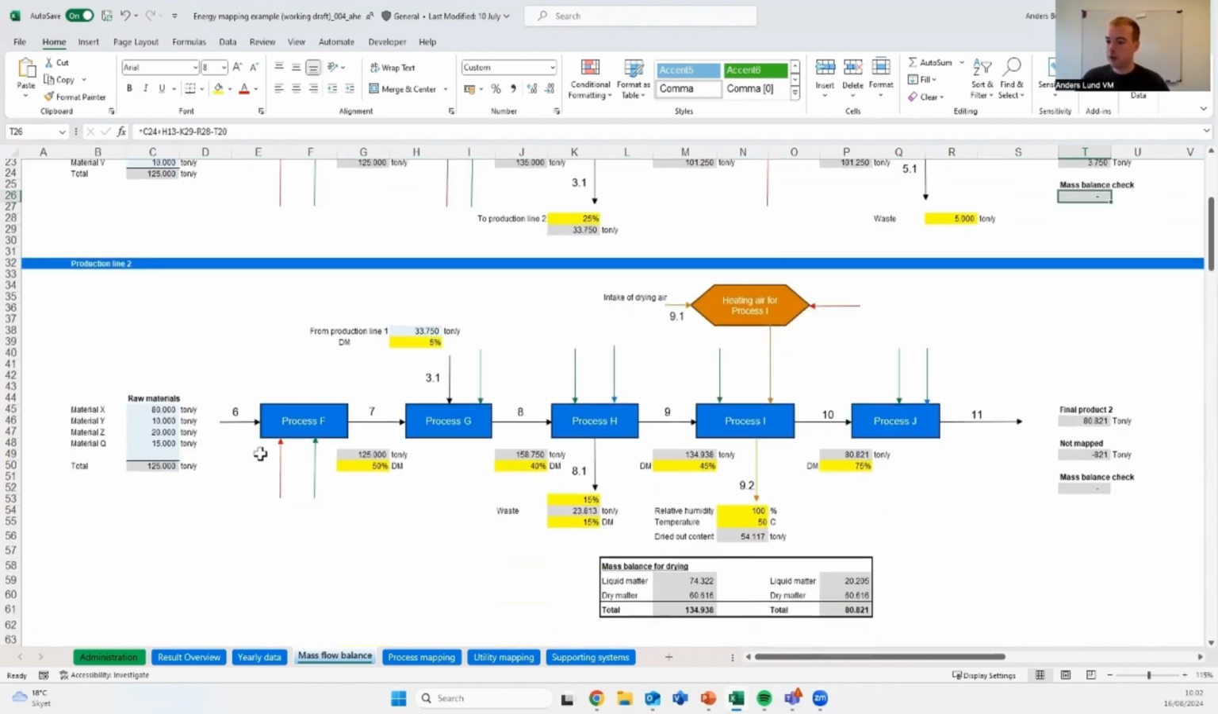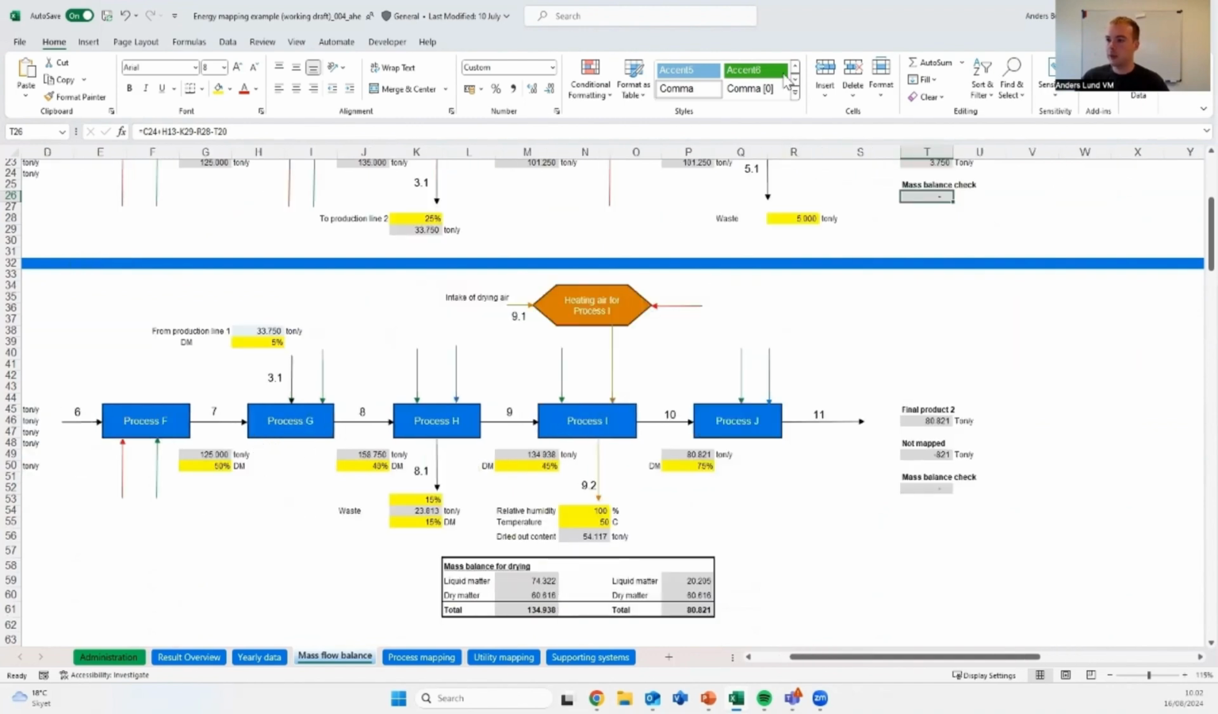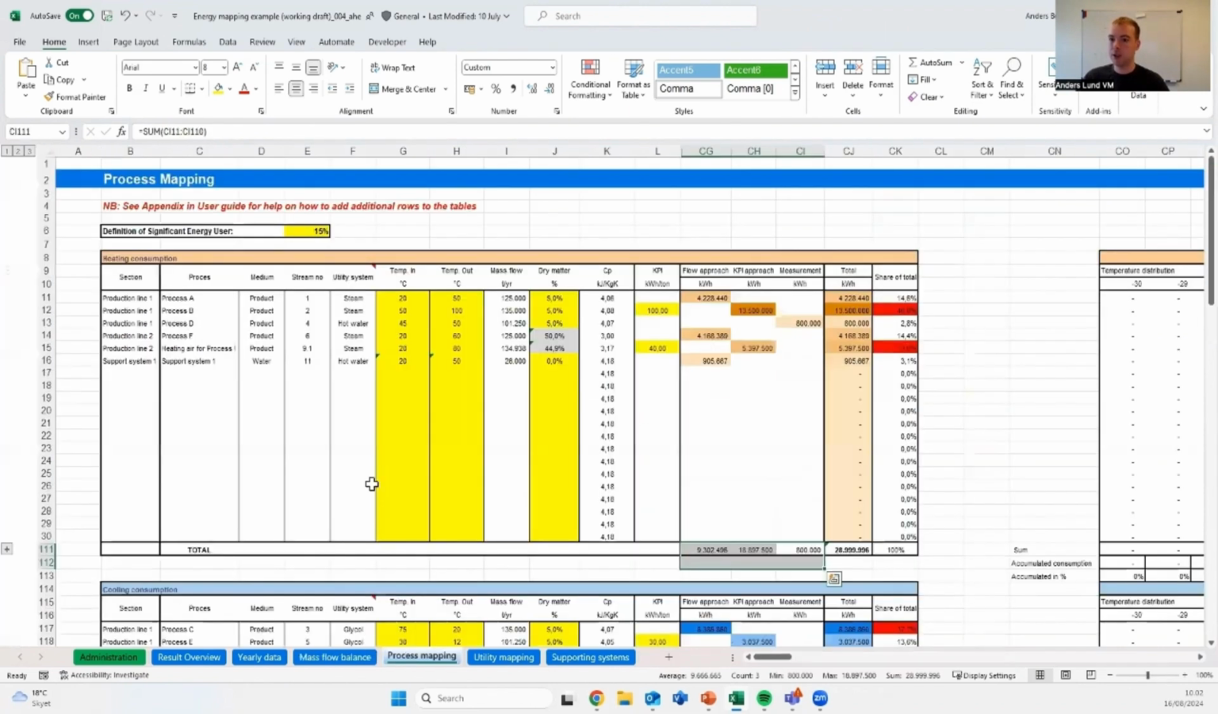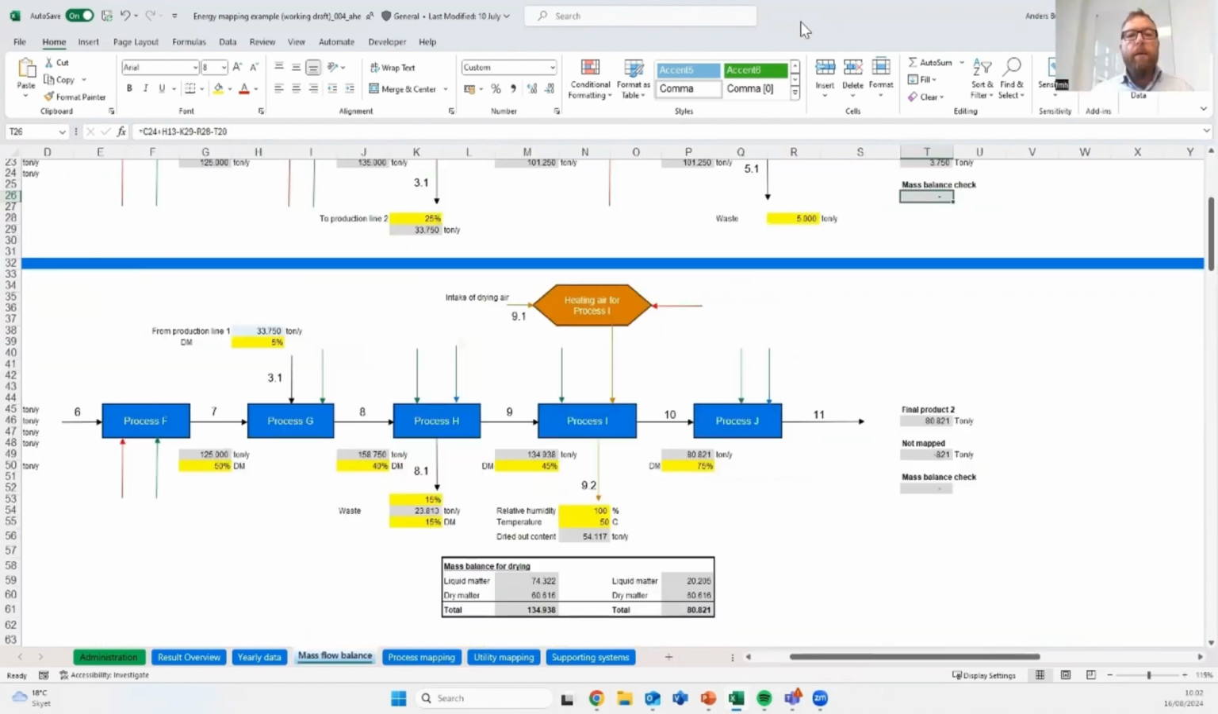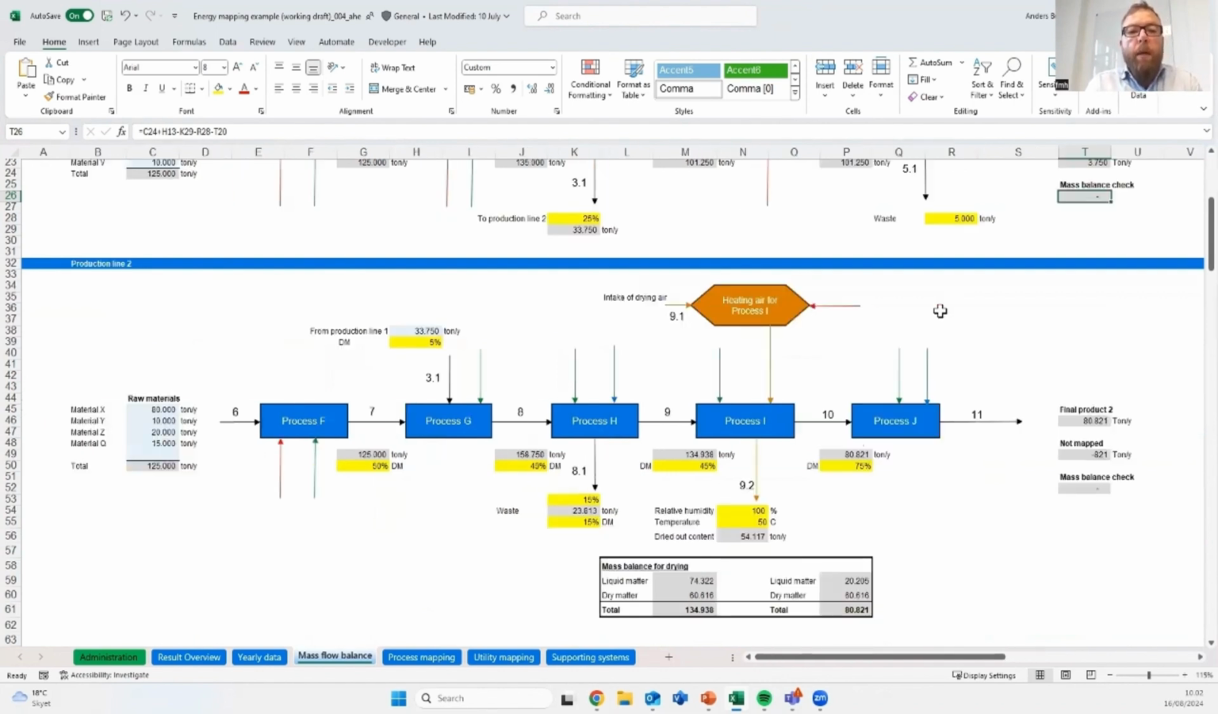Yeah. And this is then the basis of the process mapping part, the next sheet. Maybe Anders, just a few comments. Yeah. When we look at the mass balance, what I mentioned earlier was that we try to make this model as dynamic as possible. And here is an example of where you can see that if you go a bit up